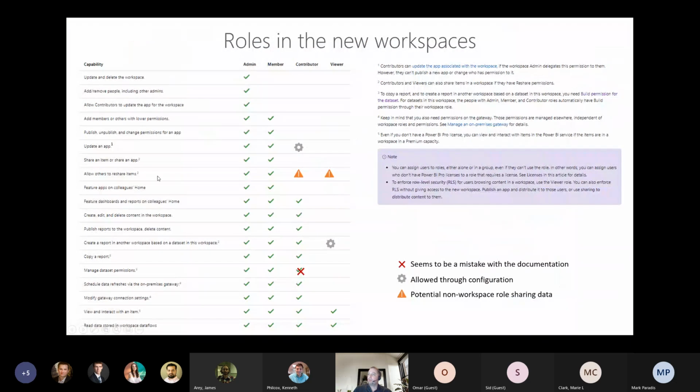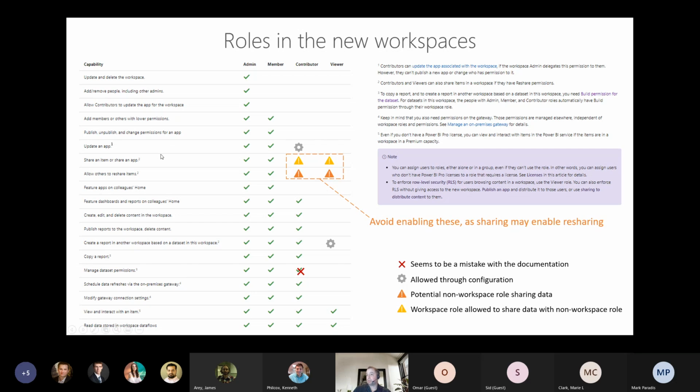Okay, so when I share a report with somebody else, this is somewhat dangerous, they automatically get the ability to reshare that report with other people. So now I've effectively lost control of who I'm sharing with, because this chain could go on, and you could go back and see who shared with whom and revoke access, but it could get out of control pretty quickly. So I highly suggest avoiding this scenario